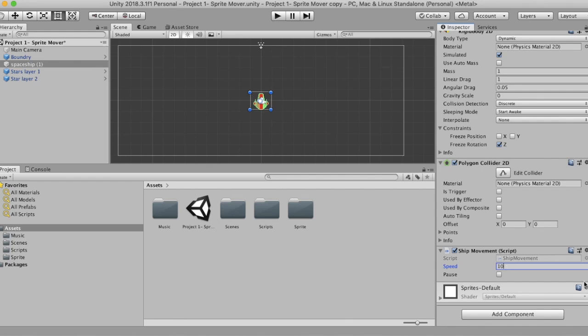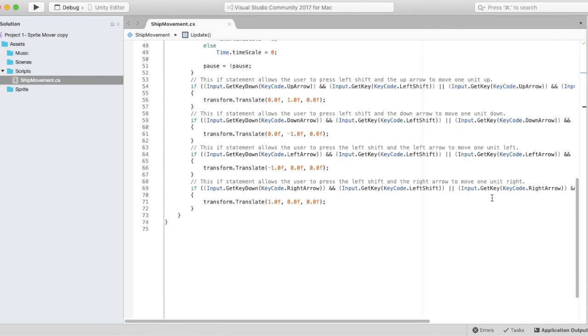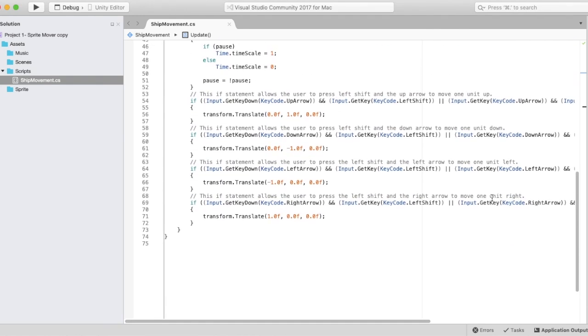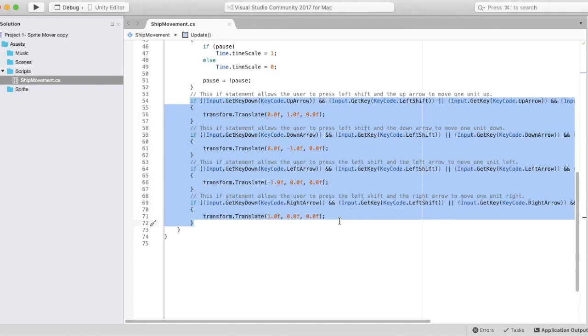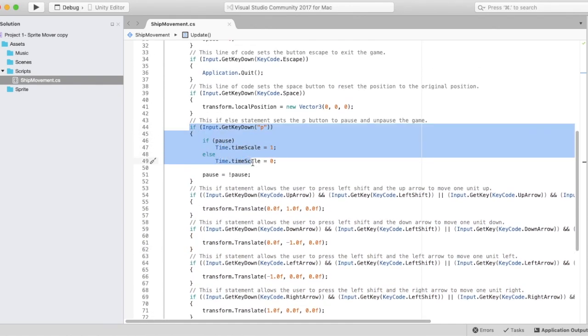And if I were to go back to the code and scroll back down here where the arrow keys and left shift are, all this code essentially states that if the left shift and any one of the arrow keys are pressed at the same time, which you are now able to do, it would also make it so you can move one unit left, right, up, or down. And if I were to scroll back up, you can see that there is the